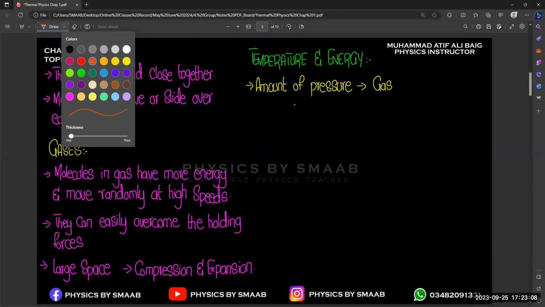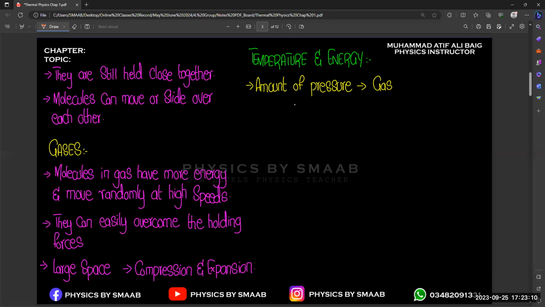So basically the amount of pressure of the gas actually depends upon the temperature. Temperature means if you increase the temperature,